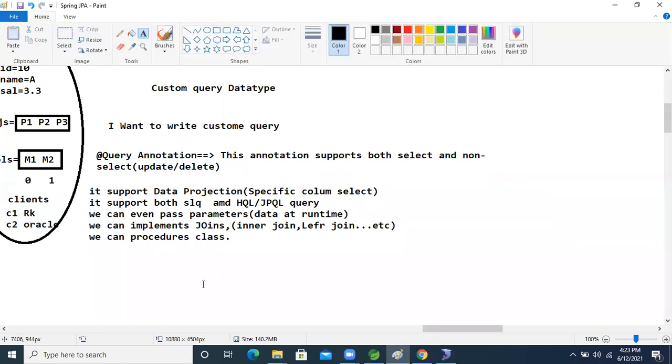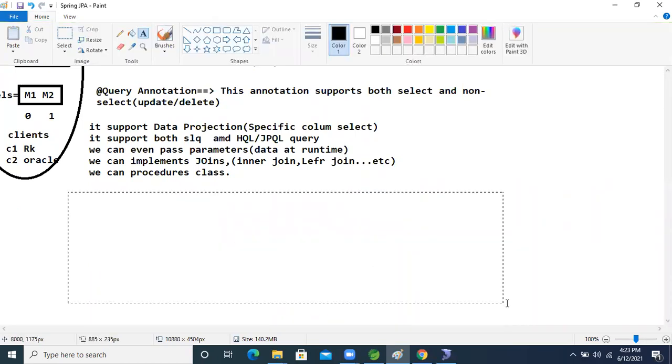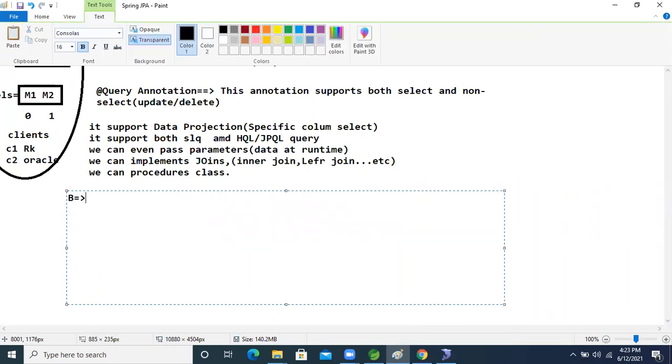This is A, and another one is B, so let's see that.